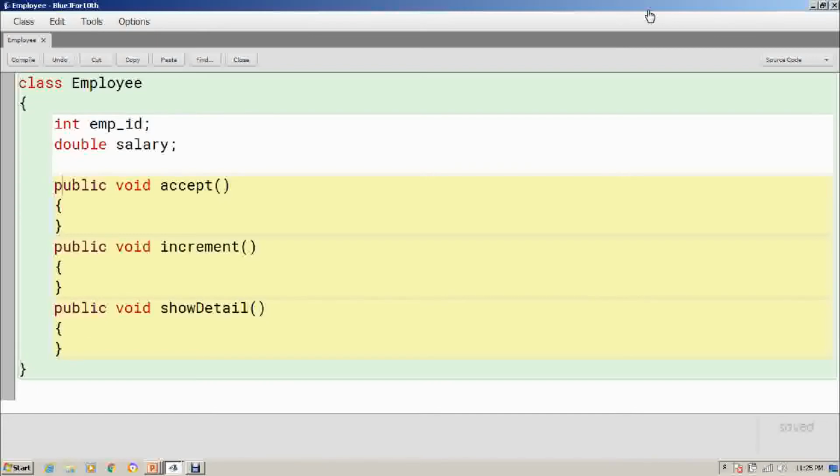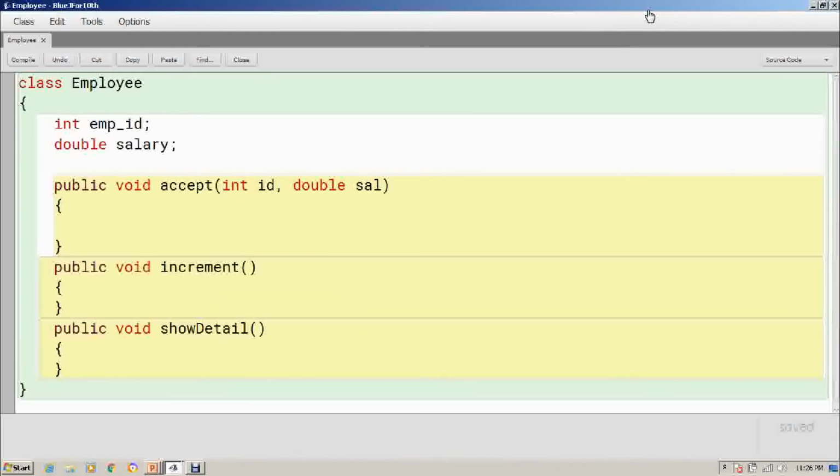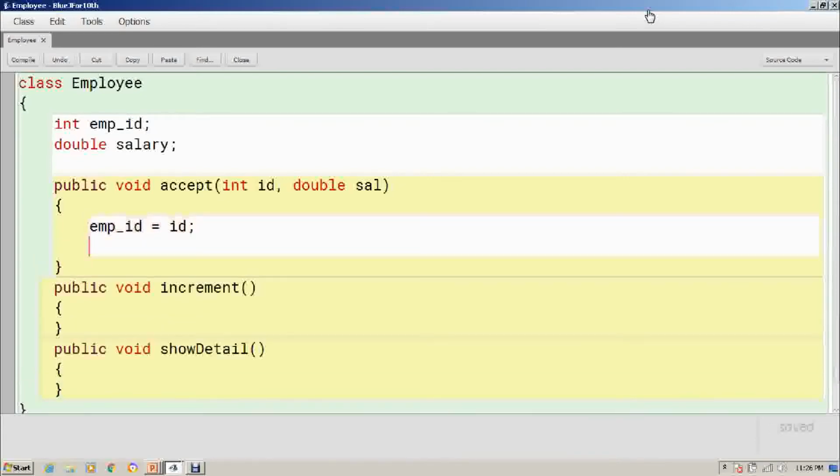Now what I'm going to do in these behaviors: whenever an employee object performs the accept behavior, at that time an ID and a salary will be provided. In this method, I'm just going to assign this id value to the employee ID variable and this value sal to the salary.